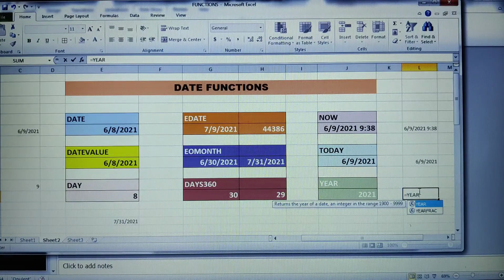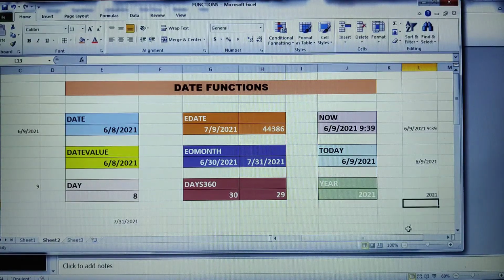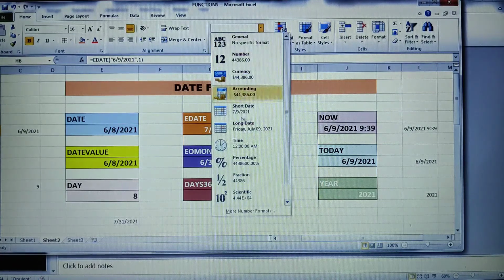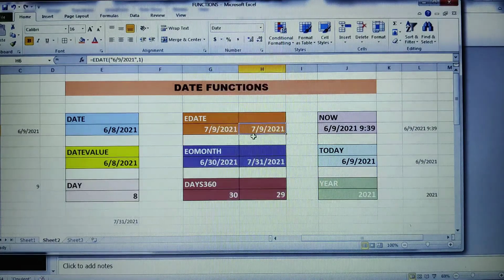I'll take a tab. Now I'll give this particular serial number, 44386. Let us see which year that is, 44386, and press enter here. It is showing me 2021. That means when you click on this particular cell and see which year it is, short date, see, it is 2021.